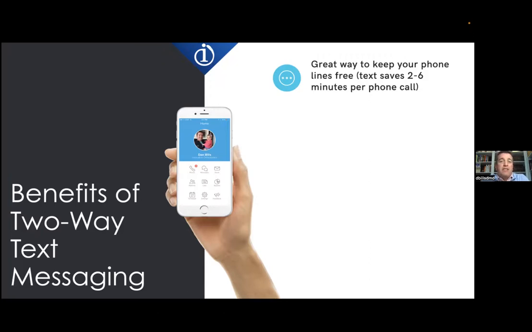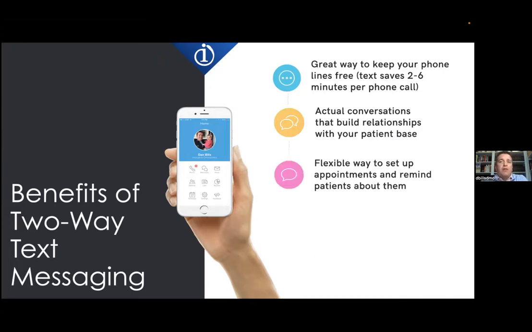So text messaging is a great way in today's world to save time. Whether you want to believe it or not, these are now real conversations. They're not impersonal. If done correctly, they build relationships. It's a flexible way to set up appointments and obviously to do appointment reminders. And it's a really effective way to fill open appointment slots in real time. So for example, if a patient